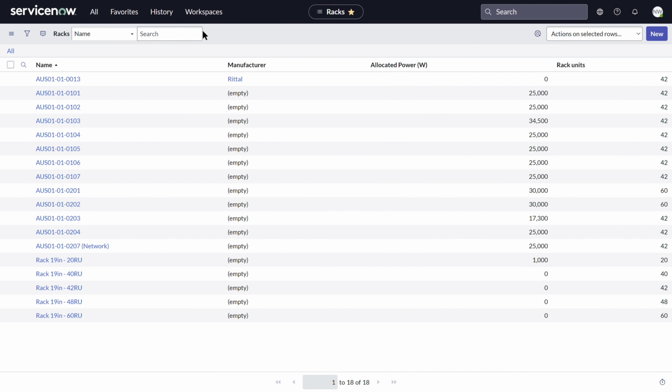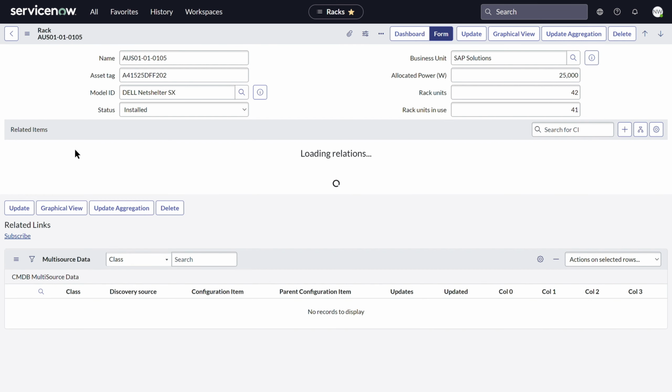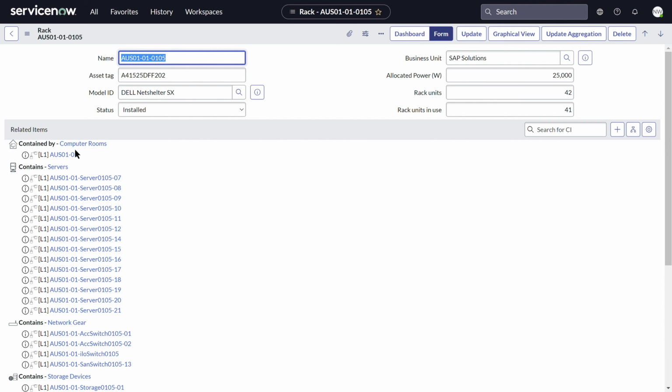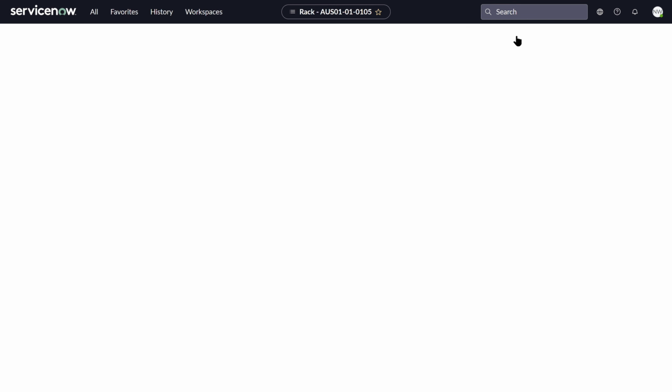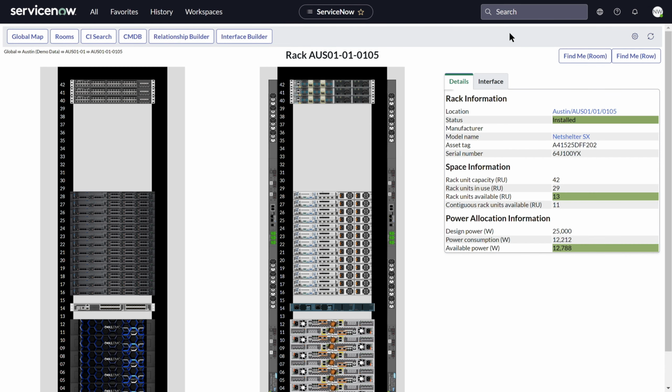You can also set up your computer rooms and racks using predefined categories like CMDB CI rack and CMDB CI room to define them, shown here in the rack list view. Then you can use the Tier44 application, which can be downloaded from the ServiceNow store, to visualize them. As you can see, this significantly enhances the visual capabilities of ServiceNow and provides you with a single view of a rack and its capacity details without doing any manual calculation or external documentation, which will save you a lot